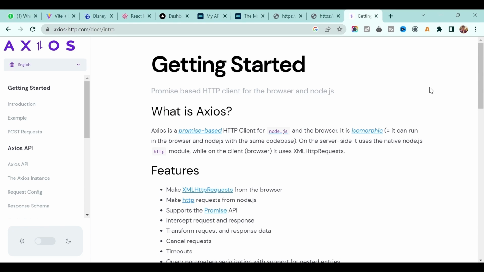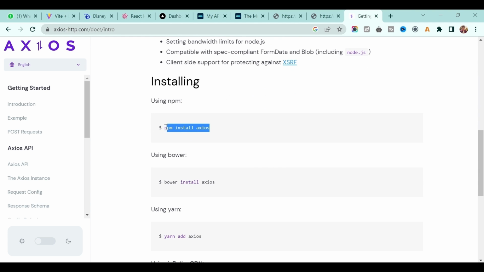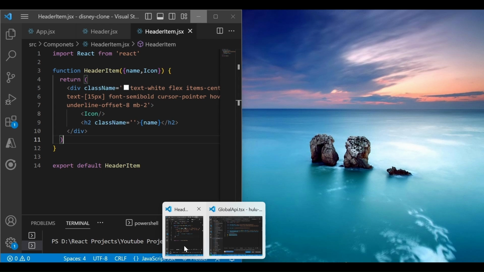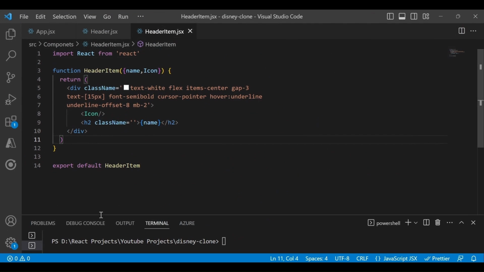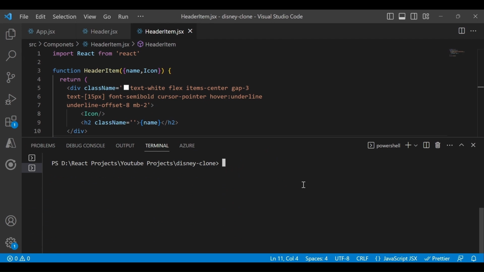So in React, in order to fetch the list of movies from any API, we need an HTTP client. So in this particular project, we are using Axios, which is one of the best HTTP clients for Node.js and the browser. So it's very fast. You can use fetch as well, but we are using Axios. If you are a beginner, this is one of the best HTTP clients available right now. Just go to the official website and you will see the command to install Axios. So copy this command, go to your project, and in the terminal window just execute this command.